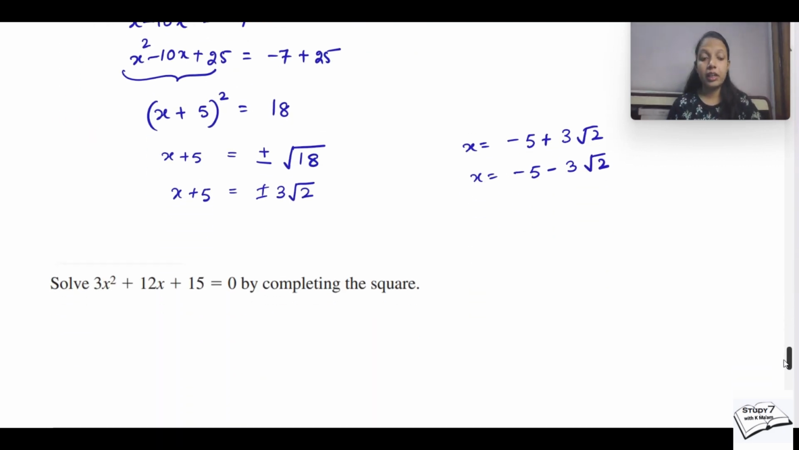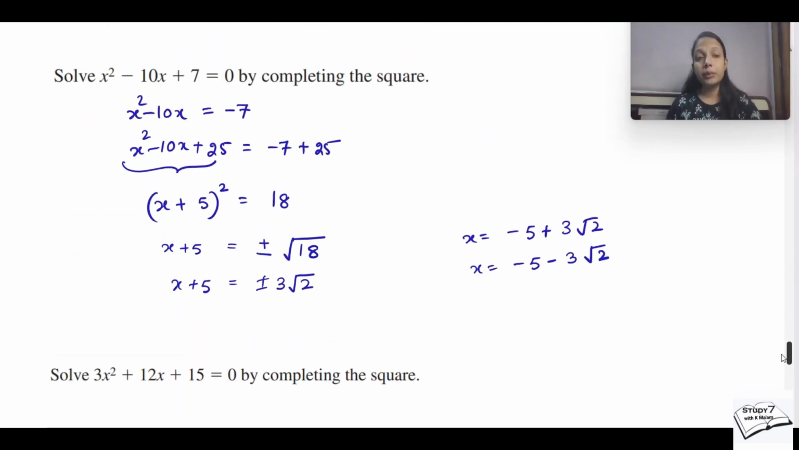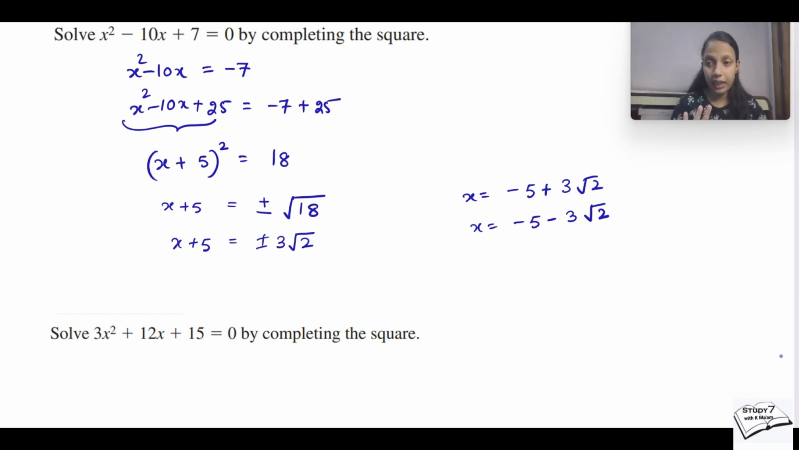Next. Now, what is the difference between this question and the previous question? Both are asking for completing the square. But in the first, you can see the coefficient of x square was 1. But here the coefficient of x square is not 1. We have to make the coefficient of x square 1. Then we can apply the concept of half of the square, and add to both sides. Okay. So I will do